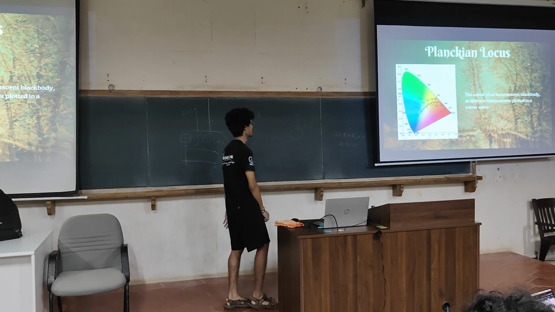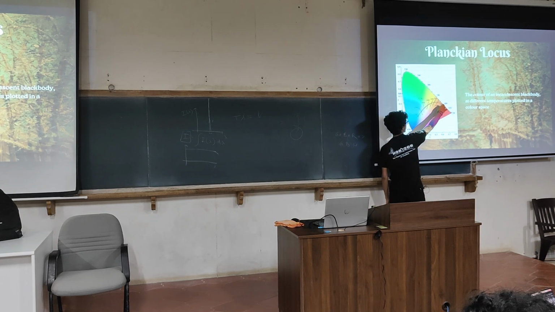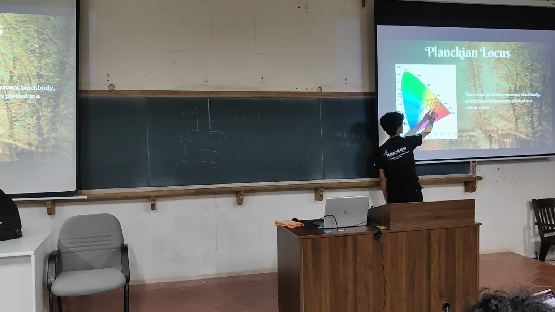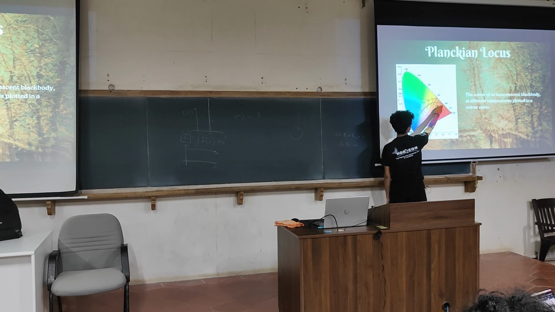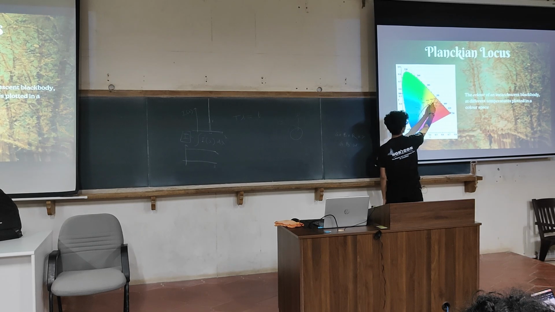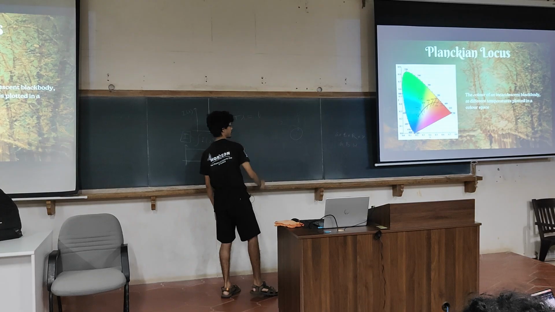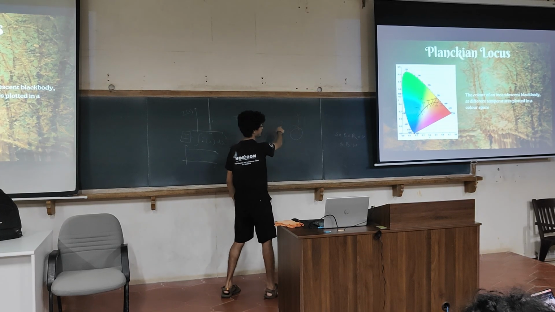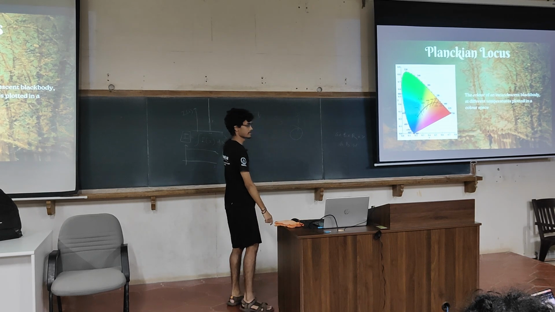If you're talking about black bodies, this plot that you see is a plot of the color of the black body as the temperature changes. Around 1000 degrees Celsius, it looks kind of reddish. Then as it gets hotter, it becomes orangish, then yellow, and finally blue. The explanation can again be through Wien's displacement law itself. As the temperature increases, the wavelength at which you get maximum intensity must decrease.